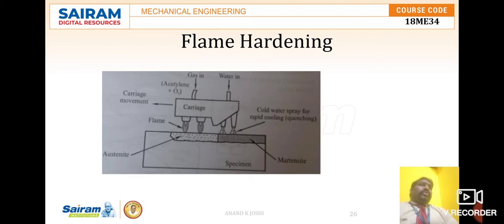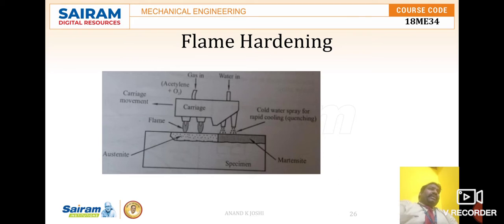The temperatures used for this method are typically around 850 degrees centigrade to 900 degrees centigrade or more, above the upper critical temperature. After the hardening process, the steel specimen is given a low temperature tempering process in order to improve the ductility as well as toughness. With this flame hardening, we can achieve a proper selective hardening method. The only thing you have to maintain is the temperature, around 850 to 900 degrees centigrade,